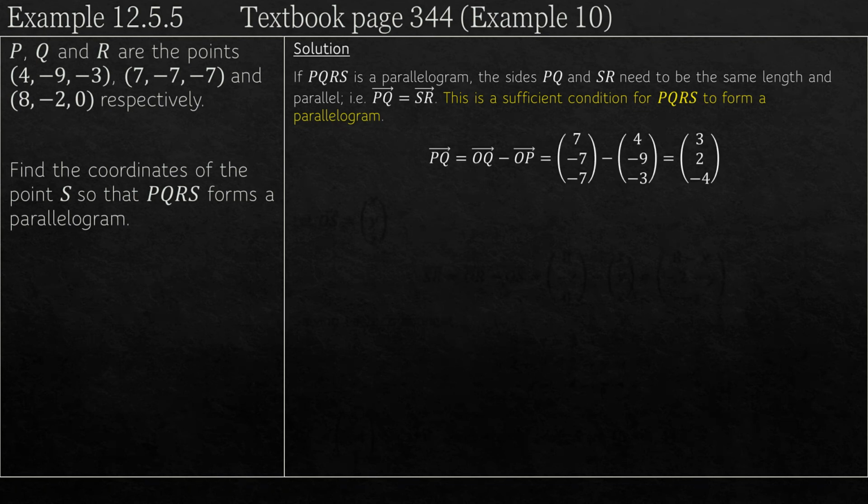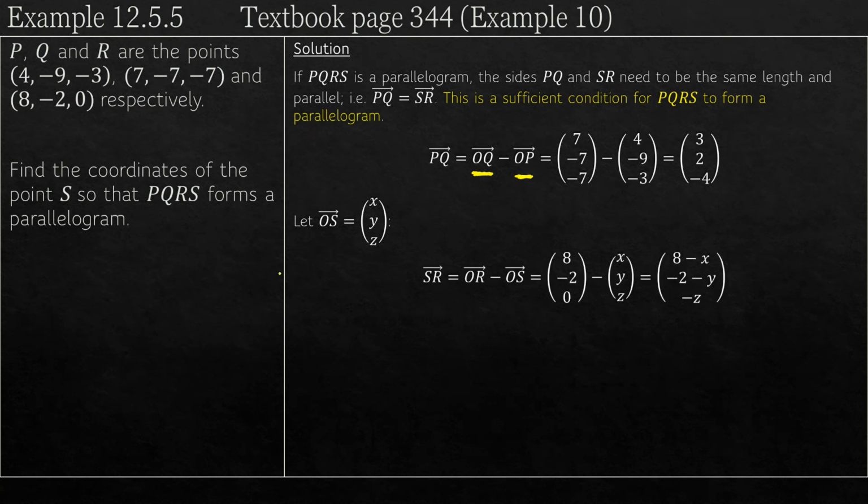We know where P is, we know where Q is. Make sure you do the position vector of Q, take away the position vector of P that way round. Don't get them the wrong way around. So there's PQ, 3, 2, minus 4. I'm going to call the position vector of S x, y, z, and then I'm going to work out SR. So if you remember what I'm doing here,